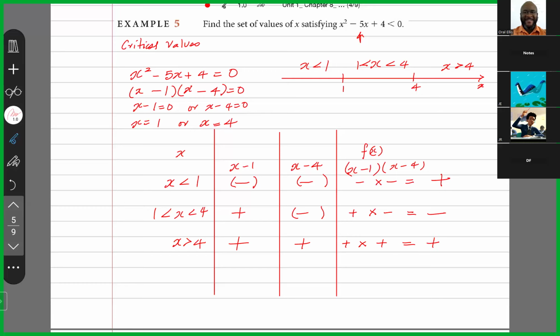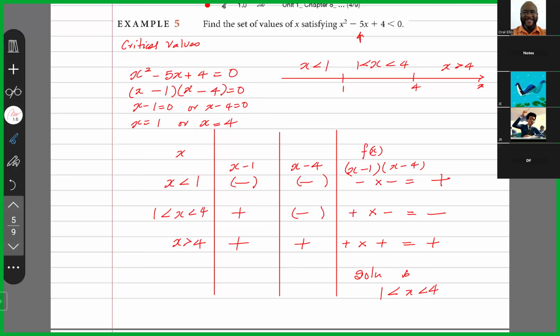Now, what I want is a solution for x squared minus 5x plus 4 is less than 0. In other words, I want the values of x for which x squared minus 5x plus 4 is negative. If it's less than 0, I want the values of x that make that negative. And from our sign table, our solution is x is less than 4 but greater than 1, are the values of x for which